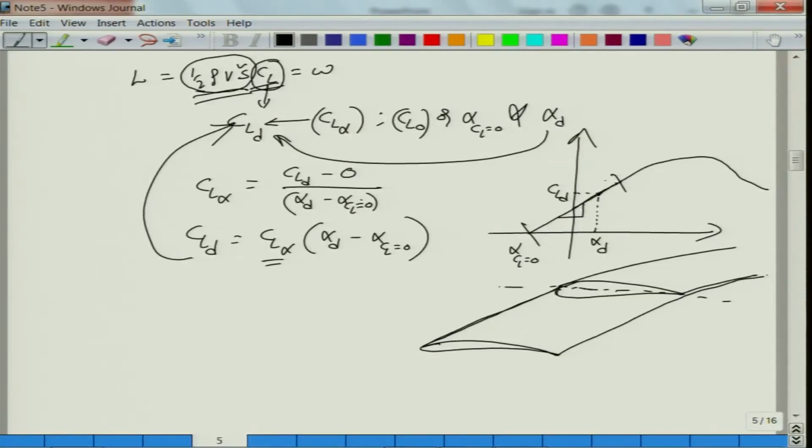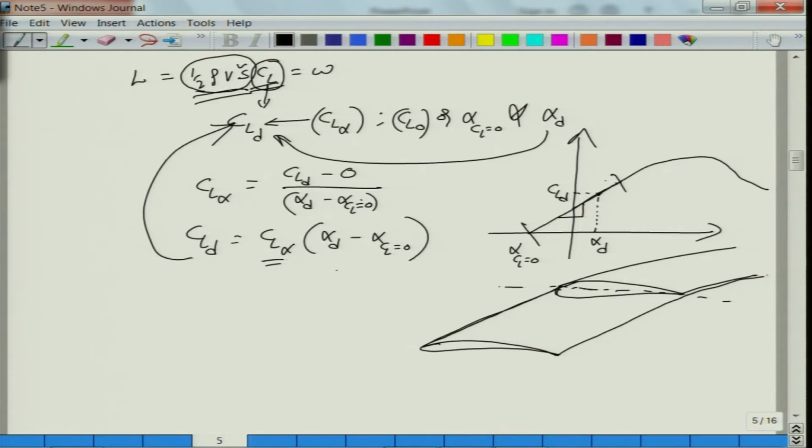How can you select that aerofoil? By knowing what should be the corresponding aerodynamic characteristics of a particular aerofoil. Now, in order to generate the CL design, what should be the 3-dimensional CL alpha, and alpha design as well as alpha at which CL is 0. If you know those parameters, then you can convert them to a 2-dimensional profile. What should be CL alpha 2D based upon 3D data, and the wing planform geometry in terms of aspect ratio and E.